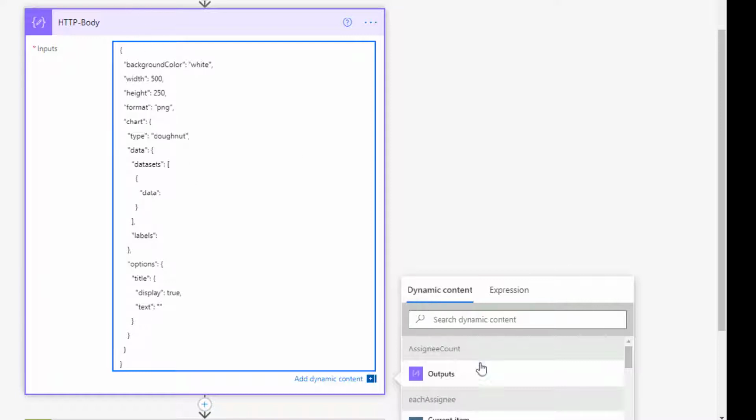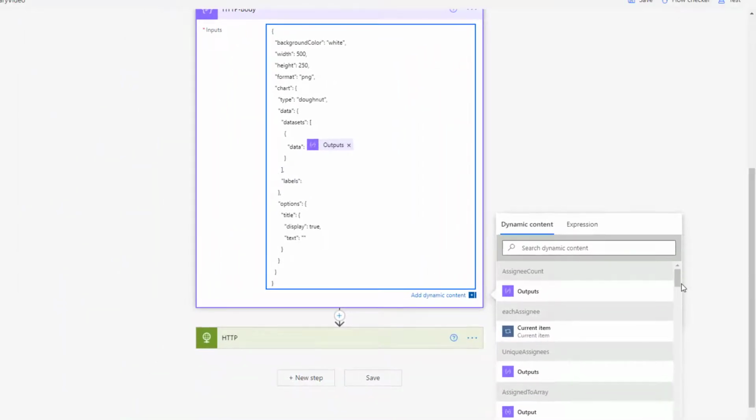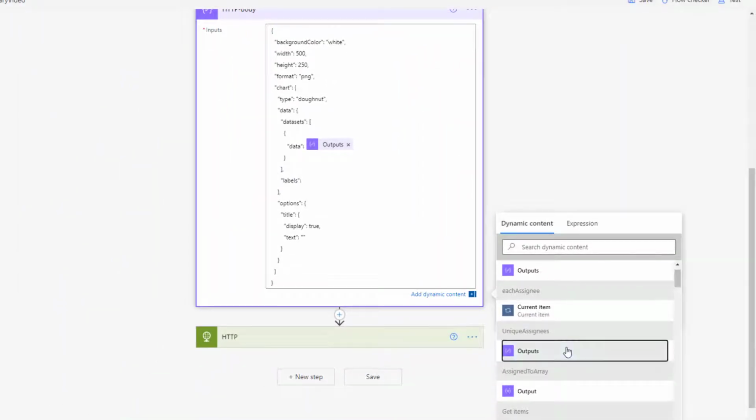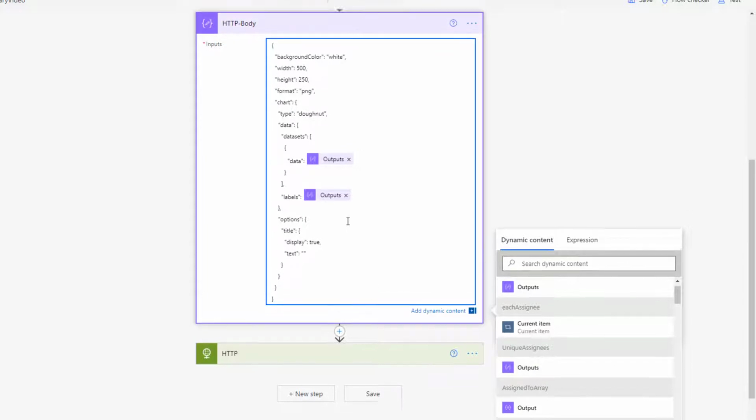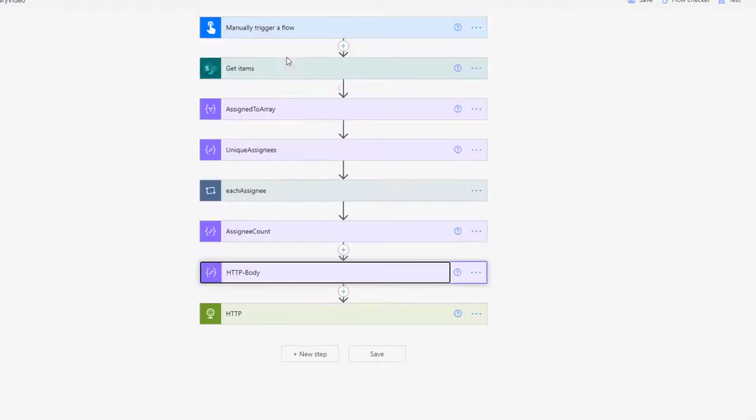So our data is going to be the output from the assignee count array, and the labels will be the output from the unique assignees. So that is going to be enough, just those two basic arrays, to generate a chart.